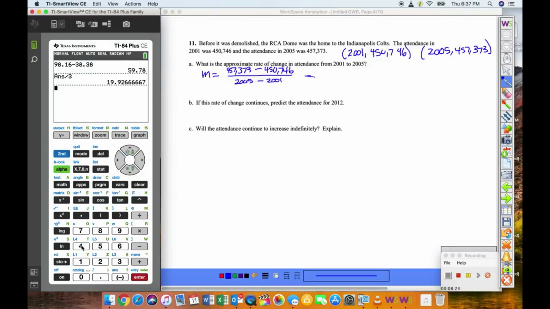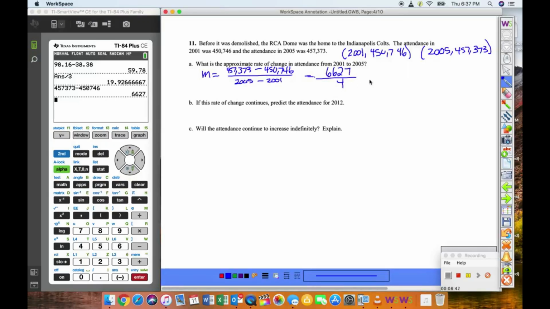So we go to the calculator. 457,373 minus 450,746 is 6,627